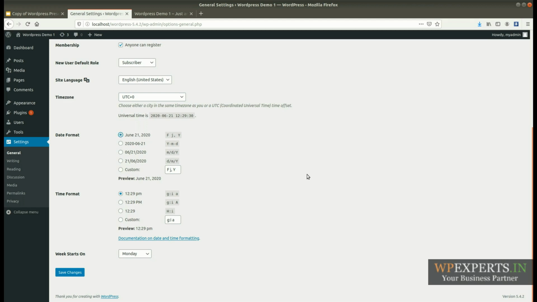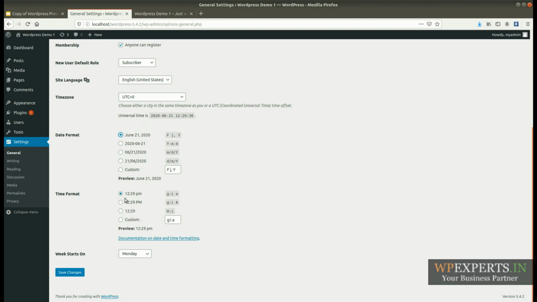It will be published on your blog post, basically in the front end of the website. Okay, so you can see the preview here after changing the format. So here you can change the date format manually as well.